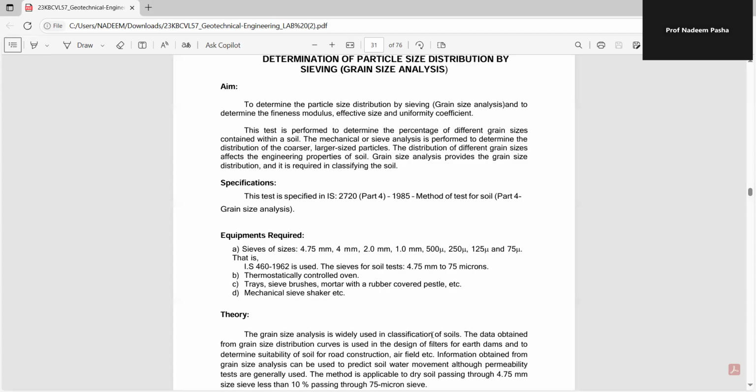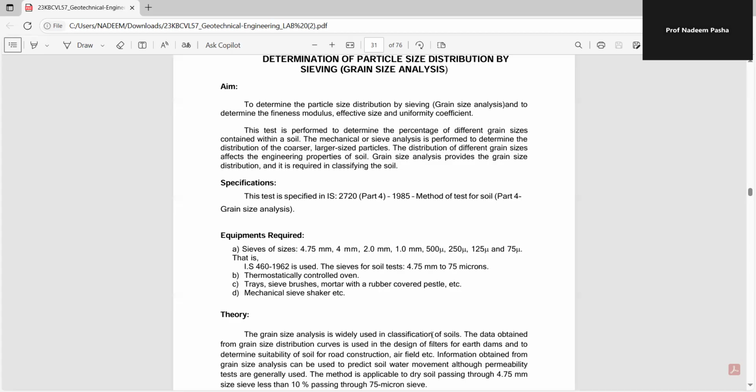See here, what is the purpose of conducting this test? The grain size analysis is widely used in the classification of soil. In order to classify the soil into different types, this analysis is carried out. The data obtained from the grain size is used in the design of filters of earth dams. If you're designing a filter of an earth dam, at that time also it is helpful, and to determine suitability